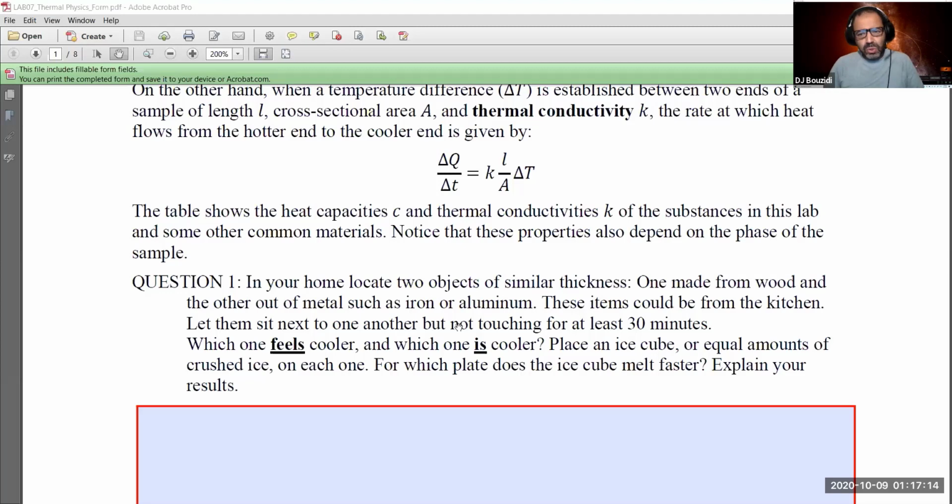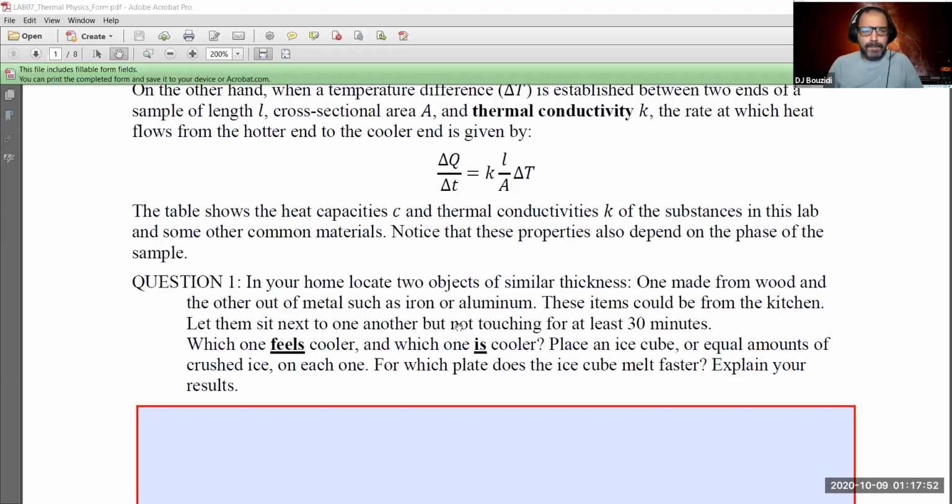These items could be from the kitchen. Let them sit next to one another, not touching, for a long time. How long? Whatever you can, an hour, half an hour, it doesn't matter, as long as they stay long enough to be in equilibrium with their environment. If you're doing this in the kitchen, in the kitchen. If you're doing this in the living room, in the living room. Make sure they sit next to one another for a long period of time. Then, using your hand,